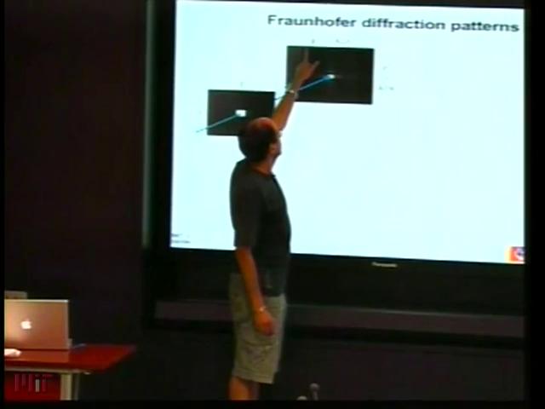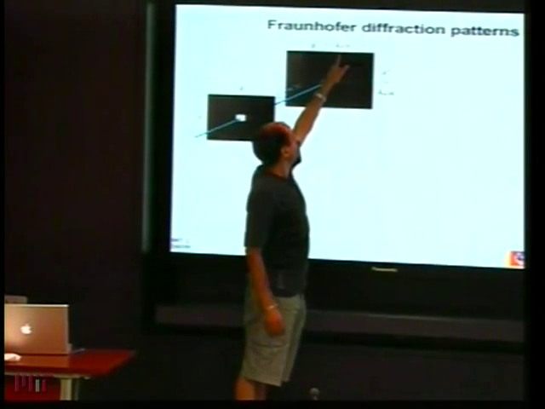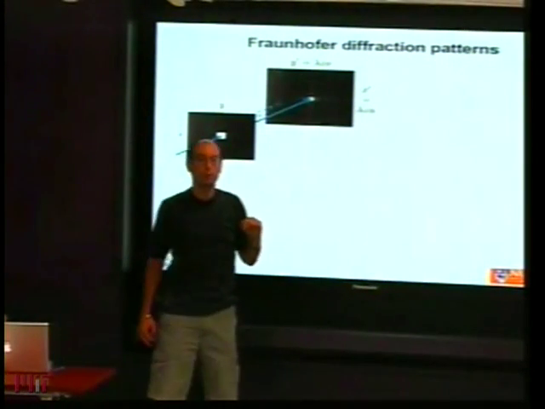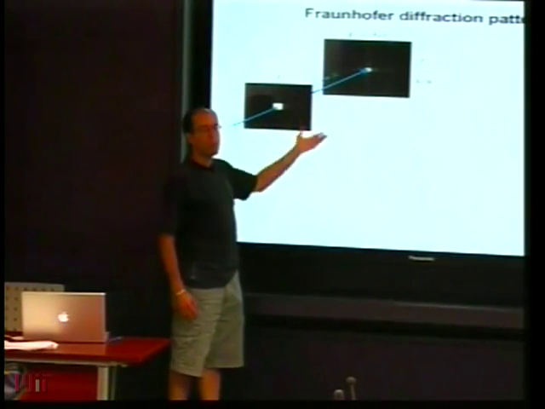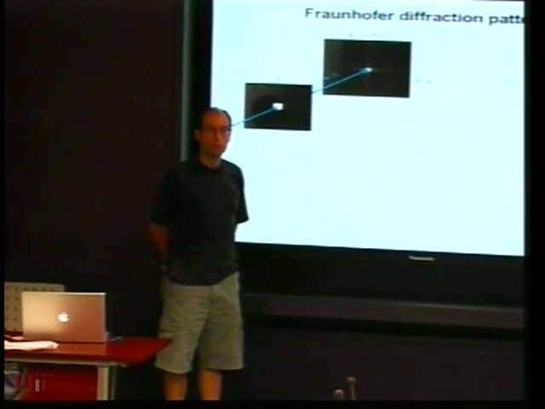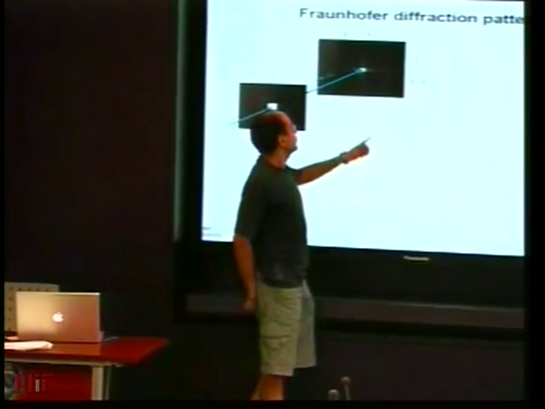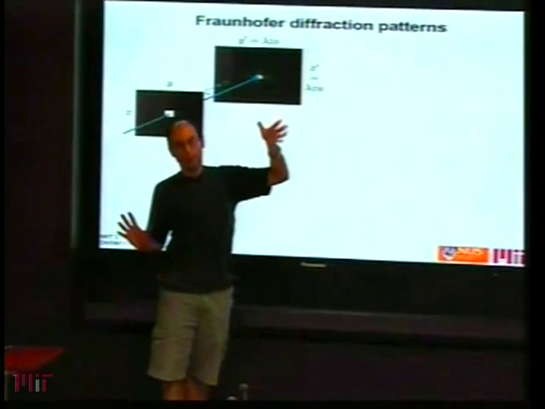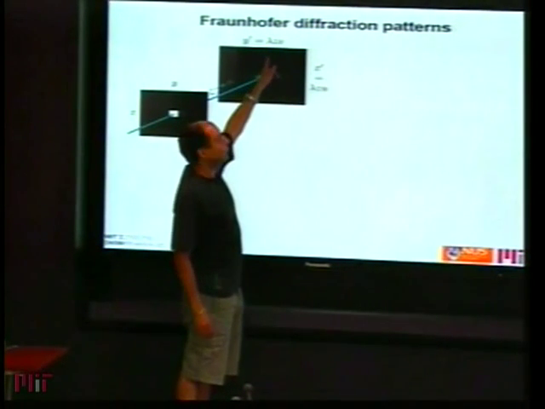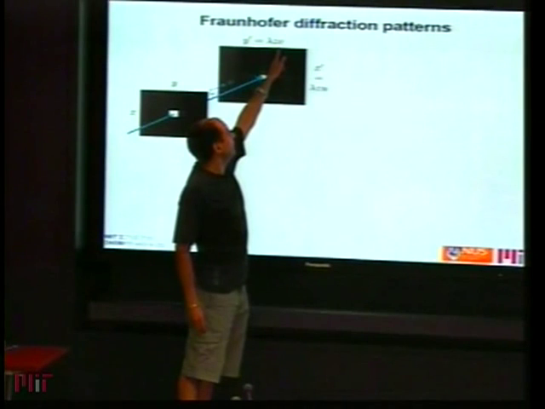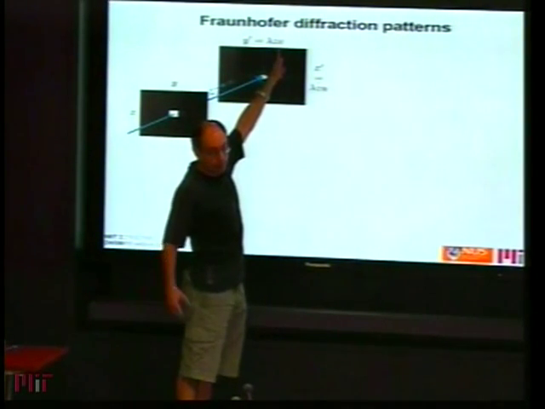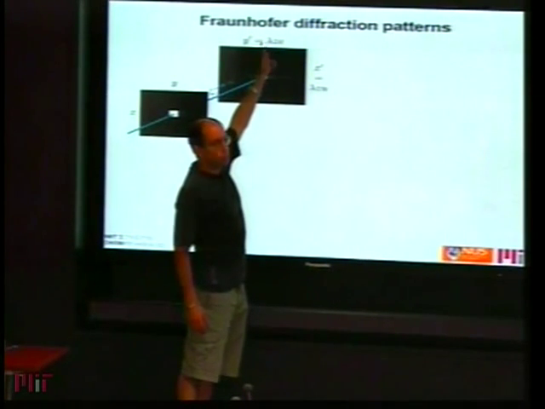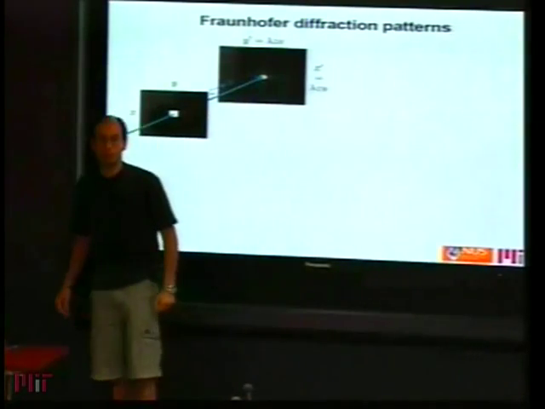Well, if you substitute a spatial variable and you multiply by the scaling factor lambda z that we saw the derivation of in the previous lecture, I'm not going to do it again, then you actually get the Fraunhofer diffraction pattern. So it's a simple scaling argument, and you can tell that at least it is plausibly correct here. The units are correct because u and v are frequency variables, so the units are inverse meters, and I multiply by meter square. The wavelength is meter, the distance is meter, so therefore I get meters. So the units are correct.